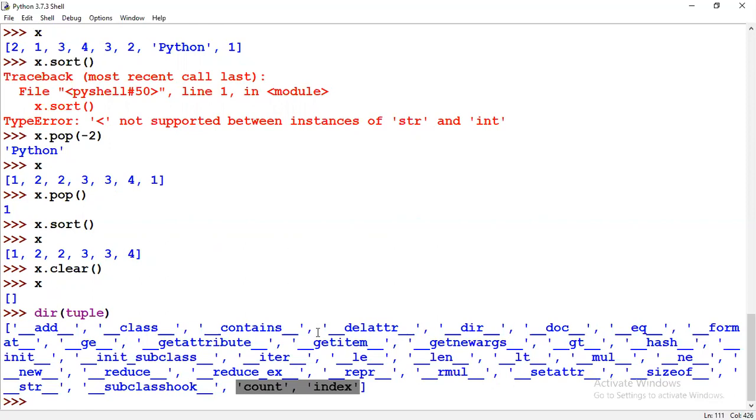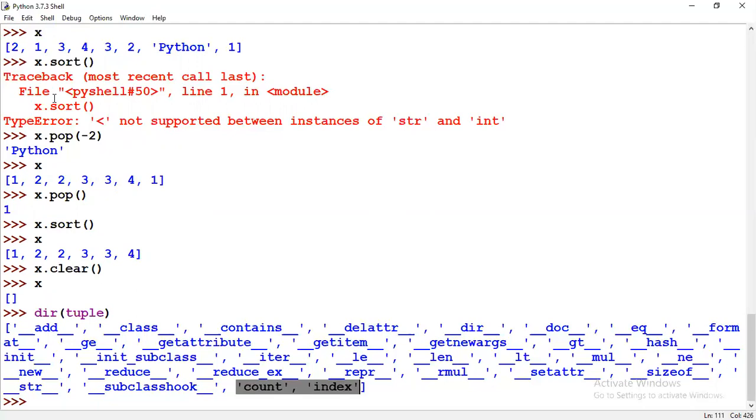We can't update or change the values in a tuple. Correct, that's the reason tuple has only these two things. Append and extend actually modify our list data type, correct? We can't modify our tuple data type.